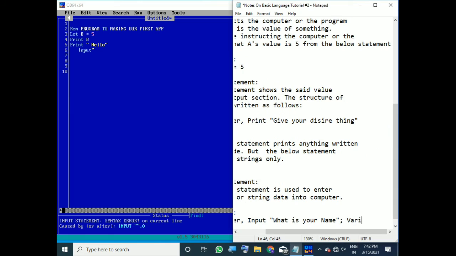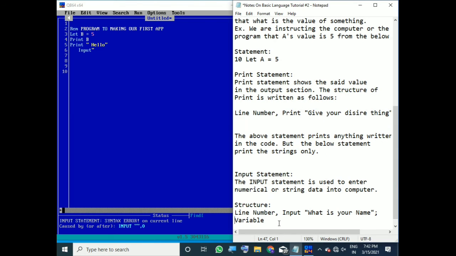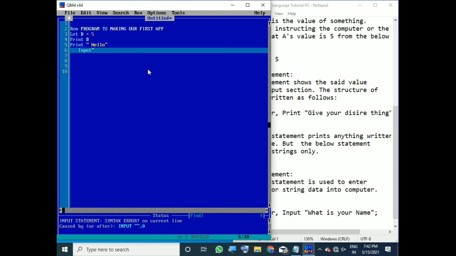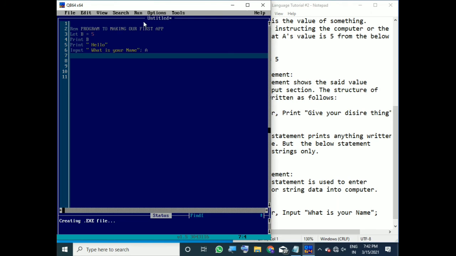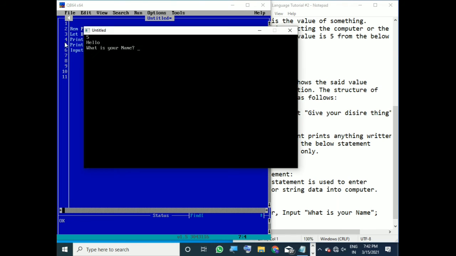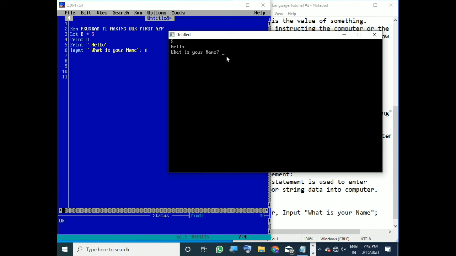Now input: suppose I write what is your name, and then I write a variable, suppose a. Then I run the program, and it will show: what is your name, and the cursor will be here because I have put input.